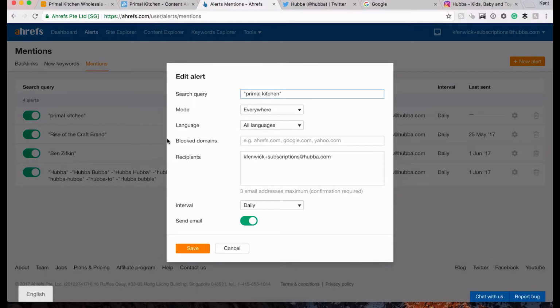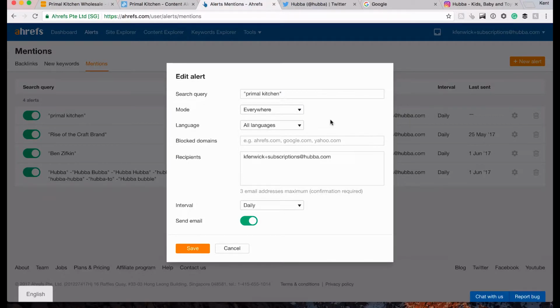So the reason why this might be important is a lot of times you might start to see spam show up where people will create fake Twitter accounts, fake Instagram accounts. If you're not exposed to that world, when you start putting these mentions in, you'll find that will happen. You can just block those domains from showing up in your report. And in the mode, we have it set to everywhere. You can also just say that only pages where your name appears in the title, or only pages where your name appears in the content. There's very specific SEO reasons why you might want to do that, but because we're just interested in brand mentions,